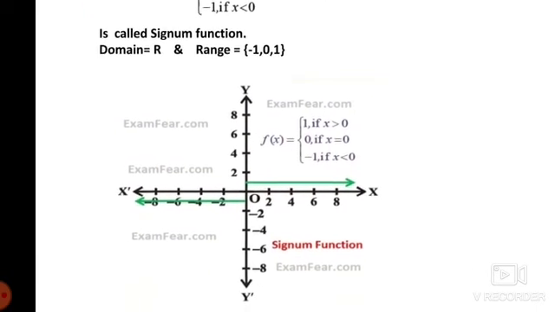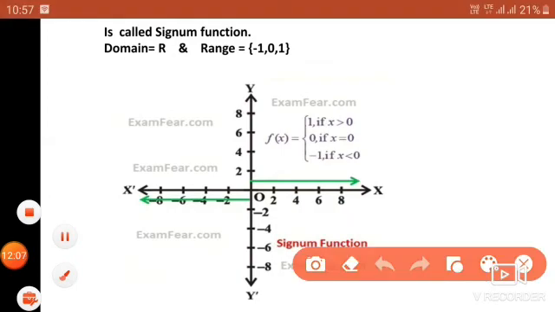Here the graph is given. Now see, the signum is 1 if x is greater than 0. For all values of x greater than 0, it is 1, that is from the right hand side. So here you will get a hole like this. In your textbook it is written as a hole. So for all values of x greater than 0, 0 is not included there. So from 0, without including 0, in the right hand side, that is all positive values, it is